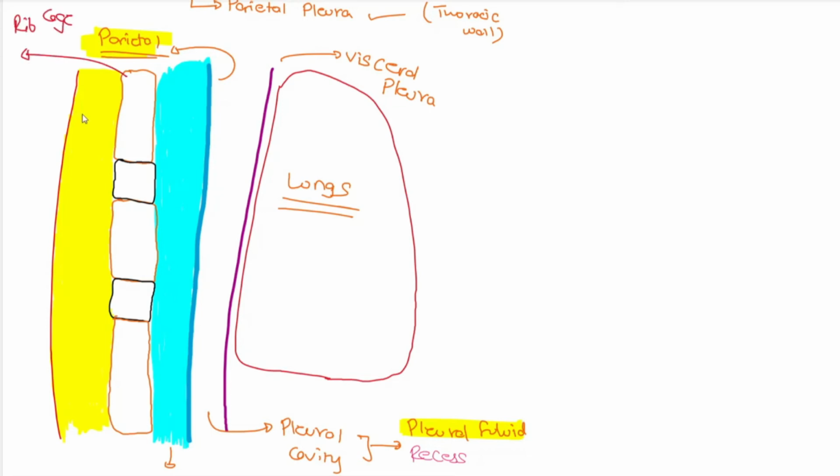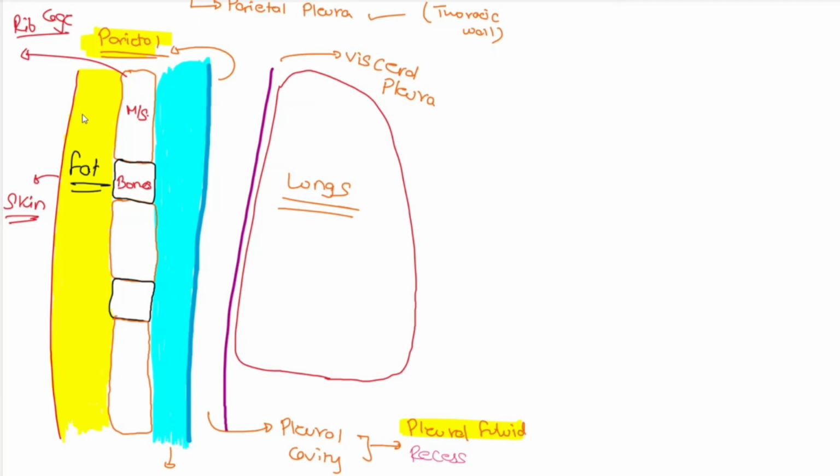I have made the red box for the muscles, while the black box is for the bones. So this represents the intercostal muscles along with the ribs. So between the parietal pleura and the rib cage lies the endothoracic fascia, and this endothoracic fascia superiorly is called the suprapleural membrane or the Sibson's fascia, about which we will be discussing in a minute. And superior to the rib cage lies the fat. So this part which I have highlighted in yellow is the fat. Above the fat layer we have the skin.